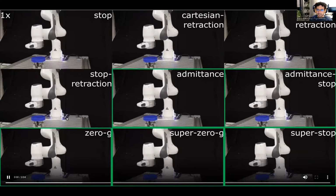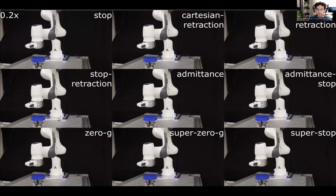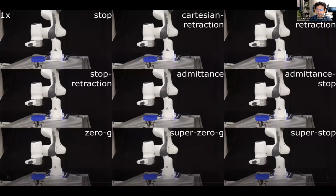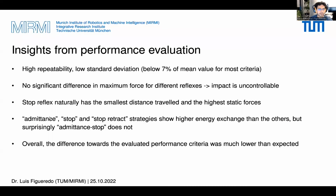So these are the same results now in slow motion. So you can see the response of each reflex maneuver. You can see back to real time. So there is quite a lot of information collected from these experiments, and we are making it available for everyone to see and to use. I'll include the link at the end of the presentation for all the data, but this is also included in